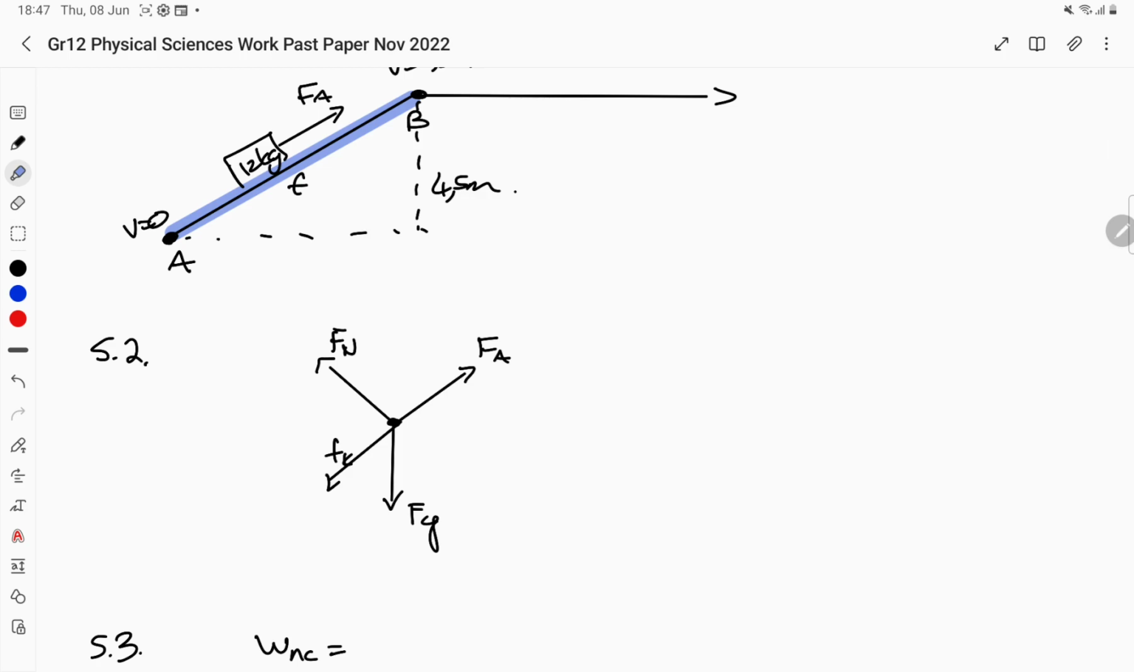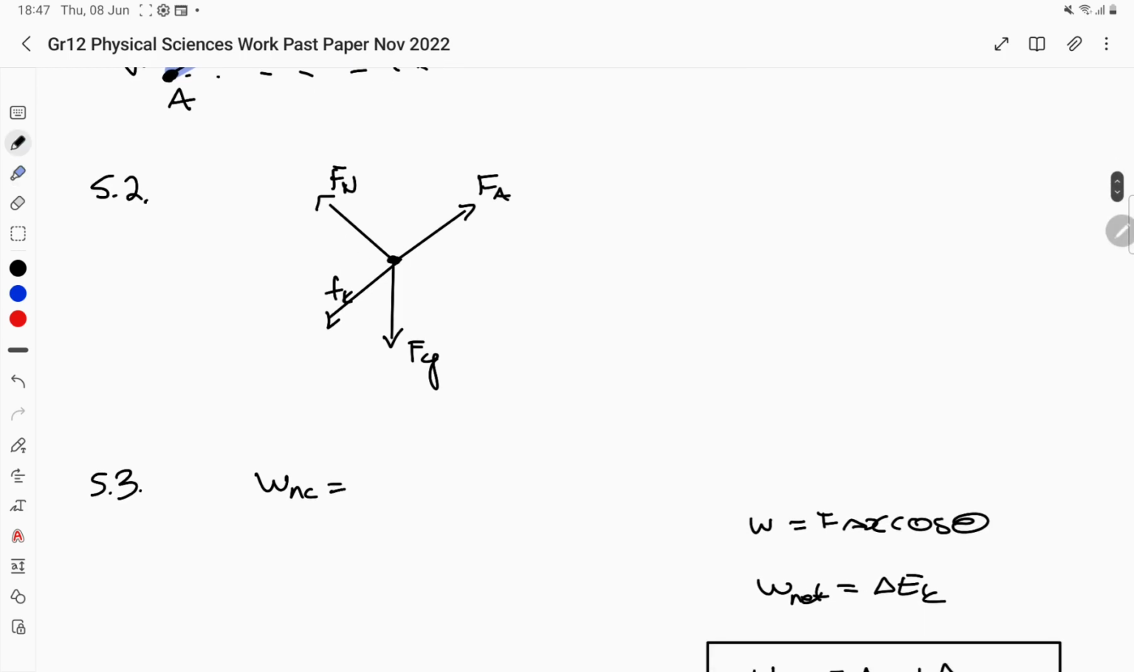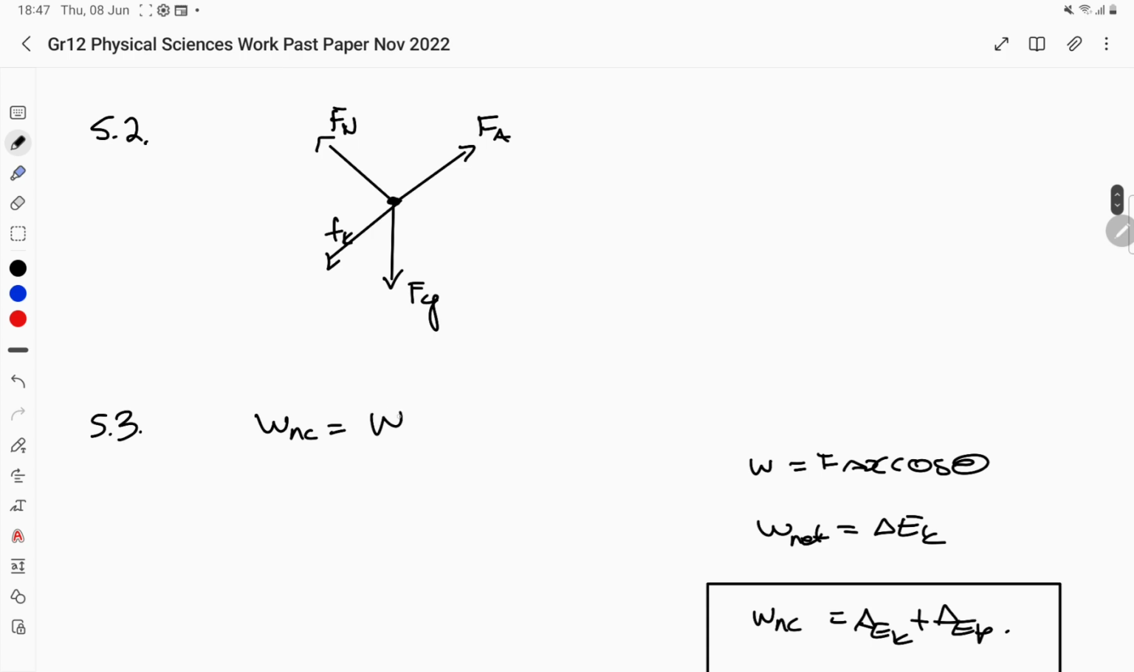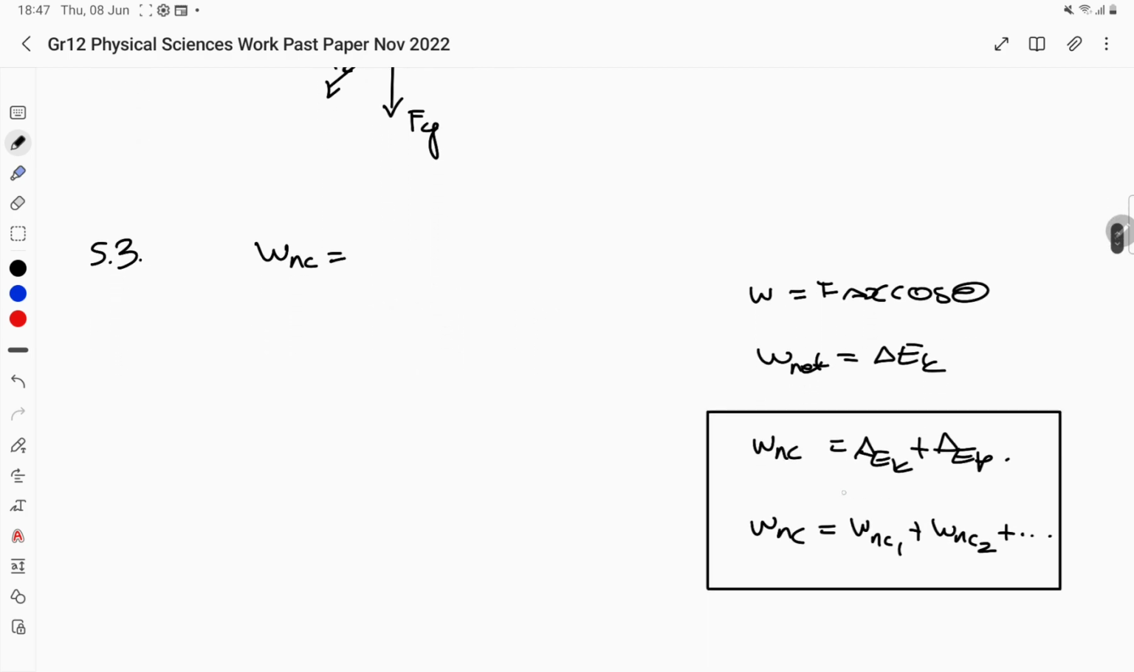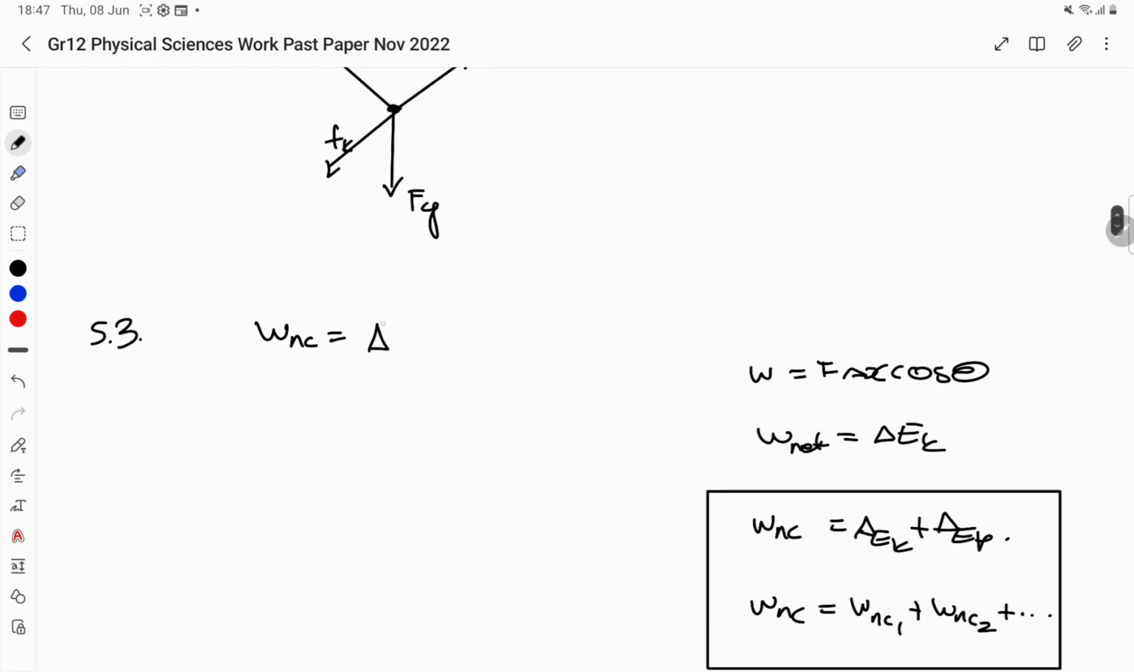We don't know their values. If we were to work out the work of friction plus the work of the applied force, we'd have three unknowns, and inside there we'd have the friction value and the applied force value at that angle. So it's not going to work. Let's work something else out. So what about this? We find the